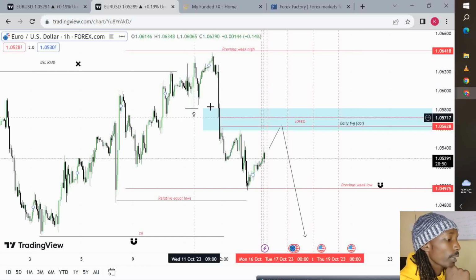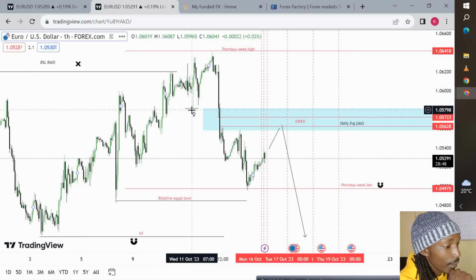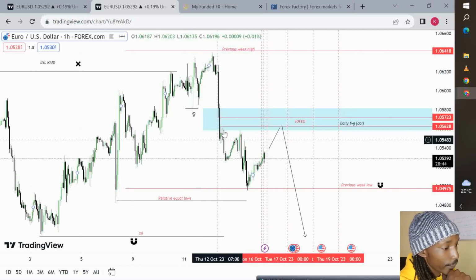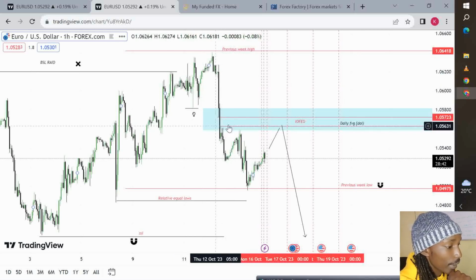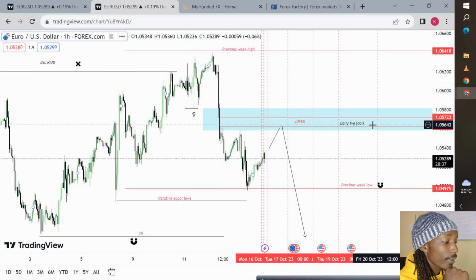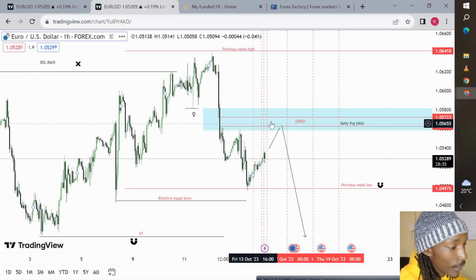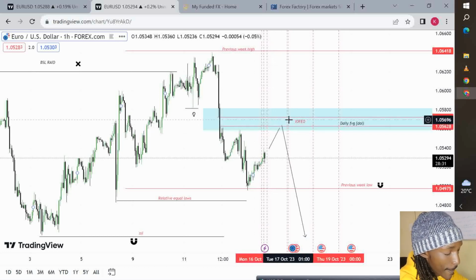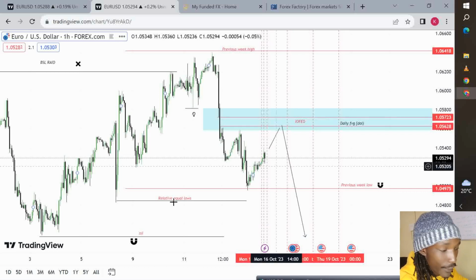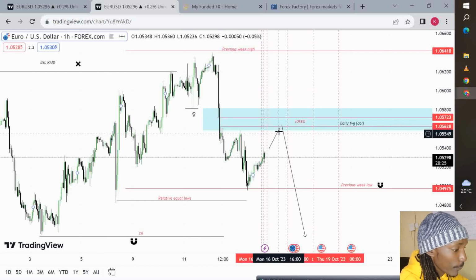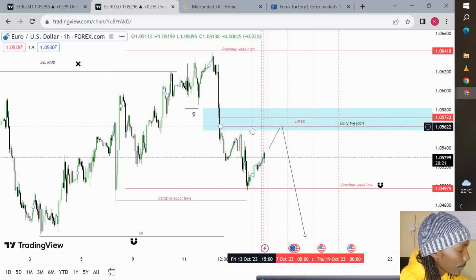Okay, so we can see here our break of market structure happened on Wednesday, and we were gifted a fair value gap and another fair value gap inside the fair value gap on the daily. Inside the fair value gap on the daily, we also have a 1 hour fair value gap. This 1 hour fair value gap here can be used as an entry to target these lows here. So I'll be anticipating for price to come to this 1 hour fair value gap, which comes in at